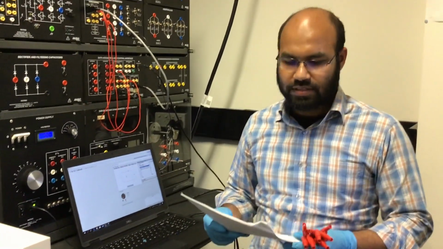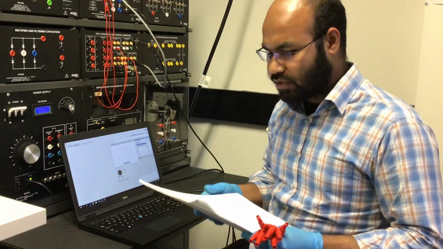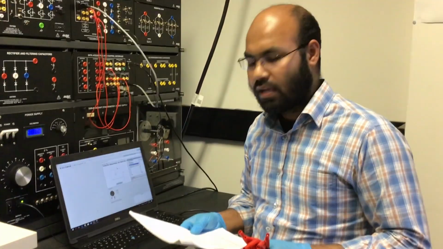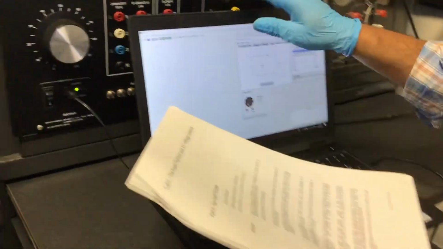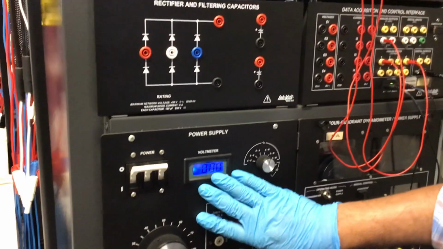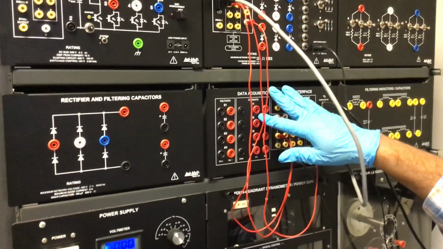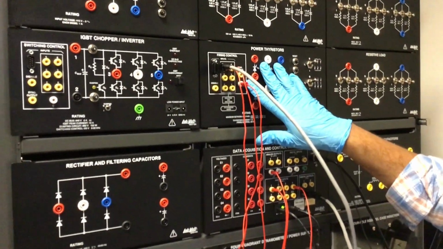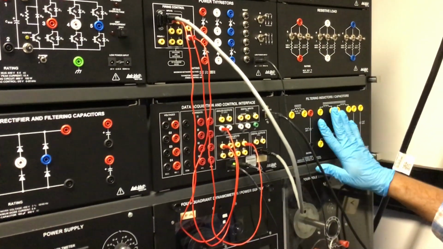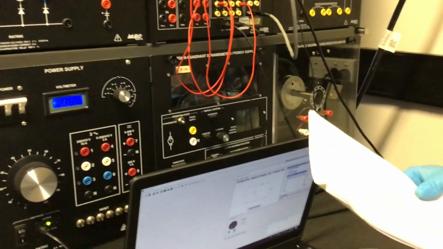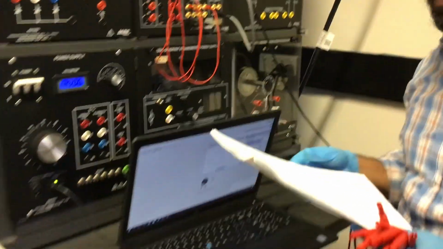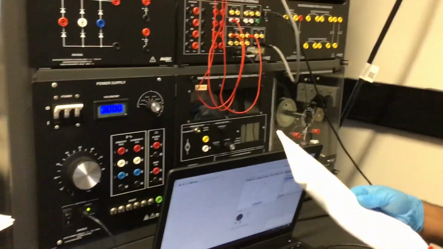Welcome back. Now we will study lab 3 for power electronics, which is about the power thyristor and AC voltage control of the thyristor. I will discuss step by step. It will be easy for you to understand. For this one, we need a power supply, a data acquisition system, a power thyristor, a resistive load and an inductor. There are two parts. First we will study the power thyristor. Second, we will discuss the AC voltage control of the thyristor.